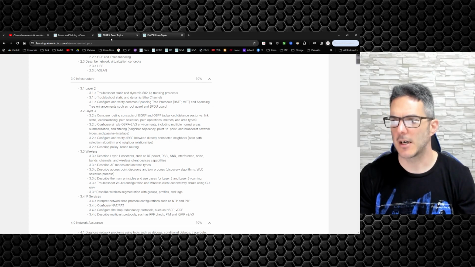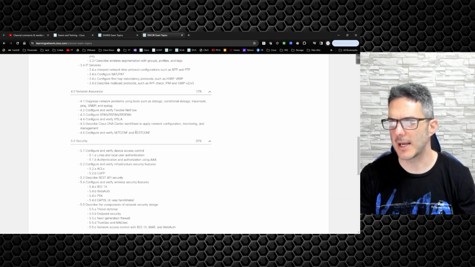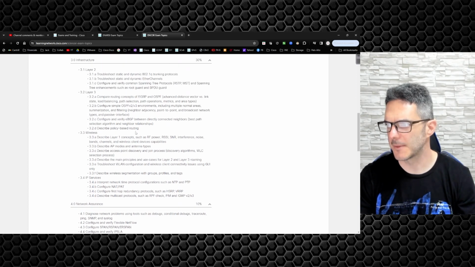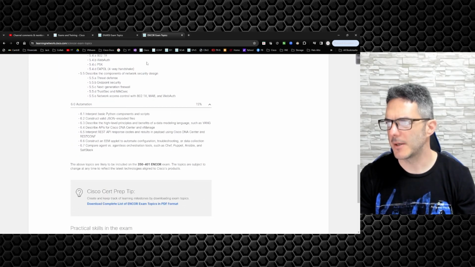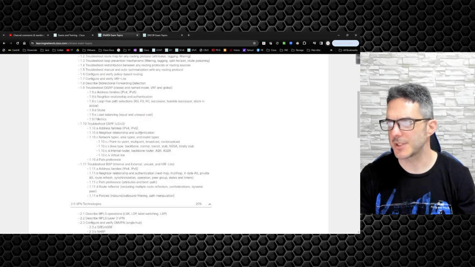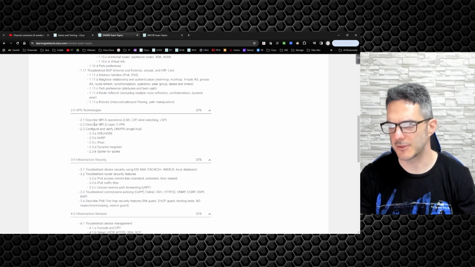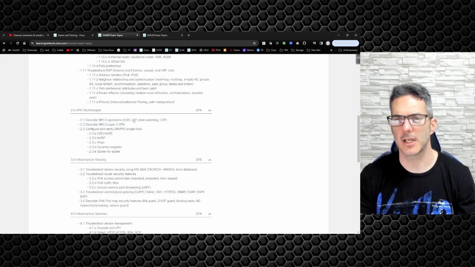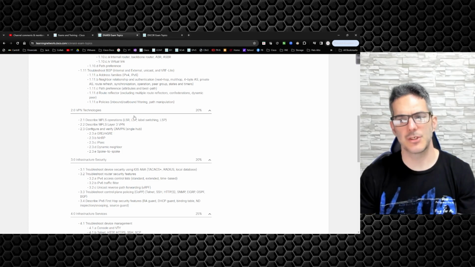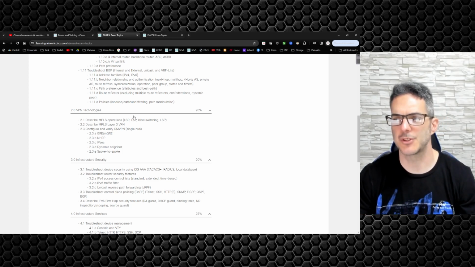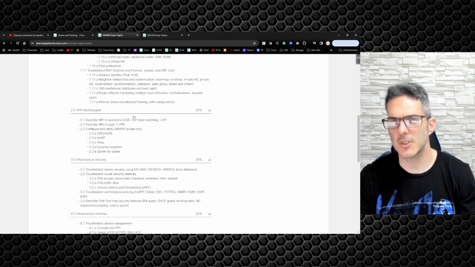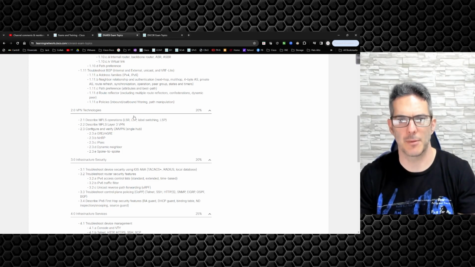And now, there's no mention of MPLS that I can see here in this section. They don't even cover it. But in ENARSI, they do, underneath the VPN technology. So they talk about describing MPLS and Layer 3 VPN. Well, here's the thing. It's easy to describe it, but if you don't understand it or have gone through it, these are going to be the areas you're going to struggle in. So we'll be going through a full MPLS VPN deployment.